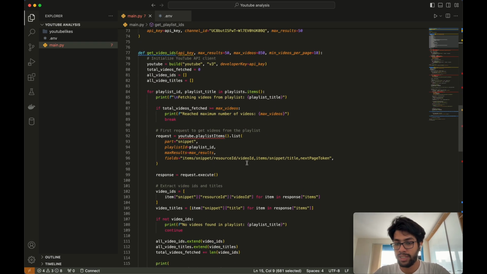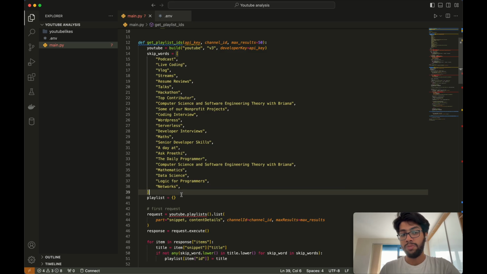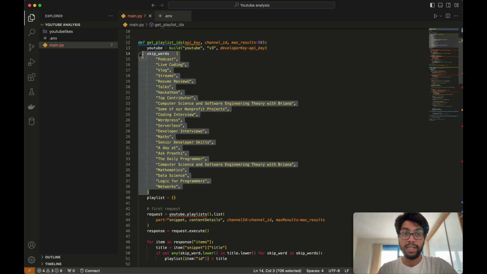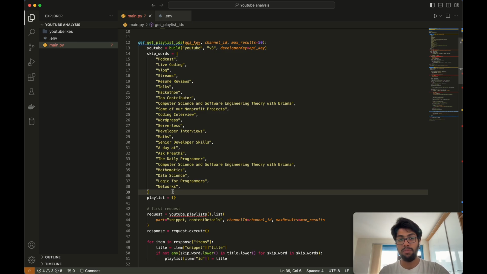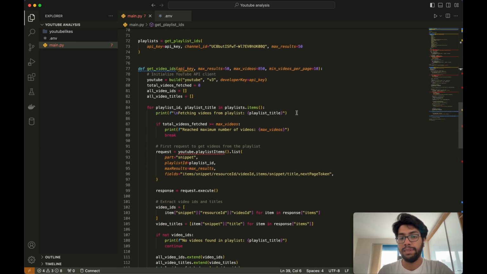And I'll tell you, after skipping all these particular playlists that I included in that previous section, there's no way my code is making 10,000 requests to YouTube. That doesn't make sense. So I thought there's some different issue apart from the amount of playlists and videos. So I decided to write debugging statements for each part of the code that I was running. And that's when I figured out that